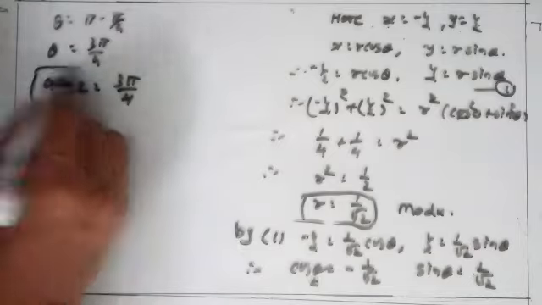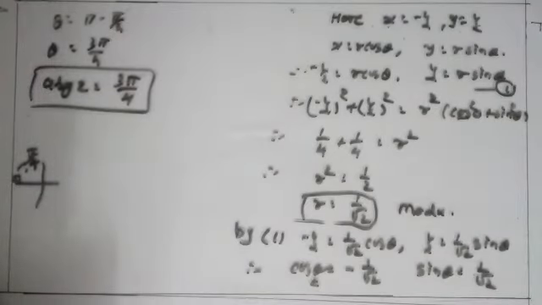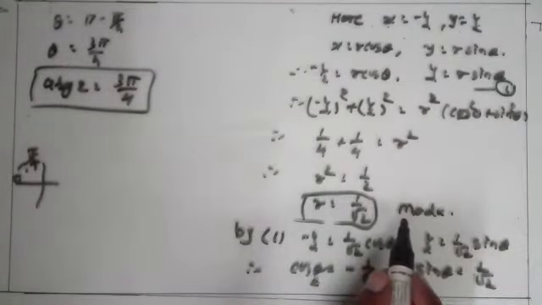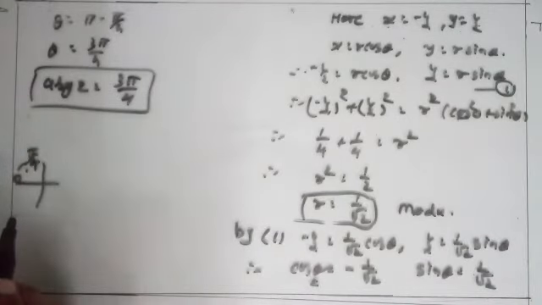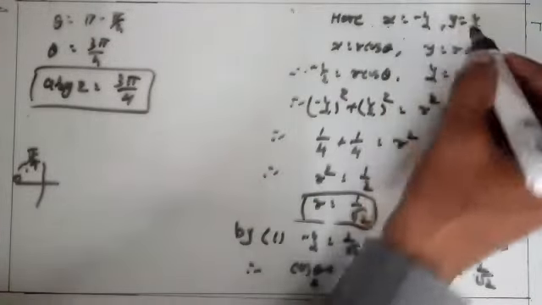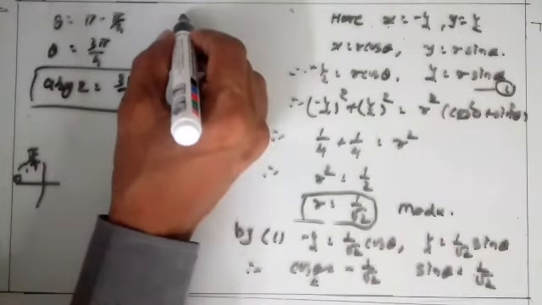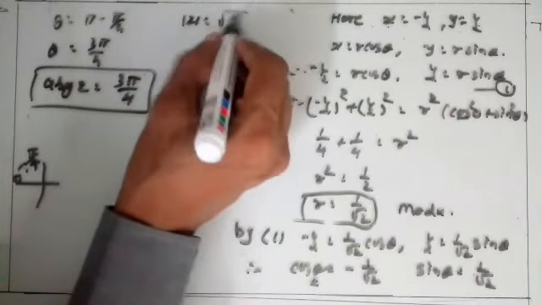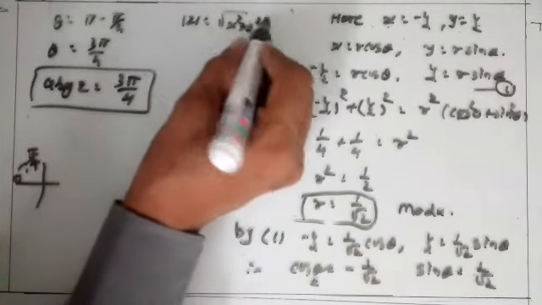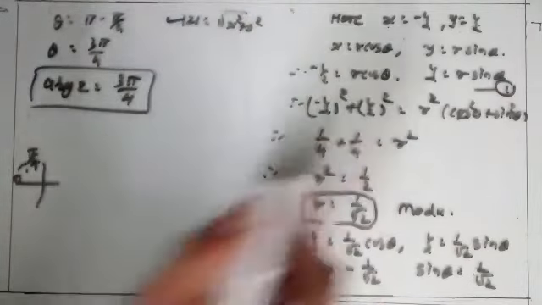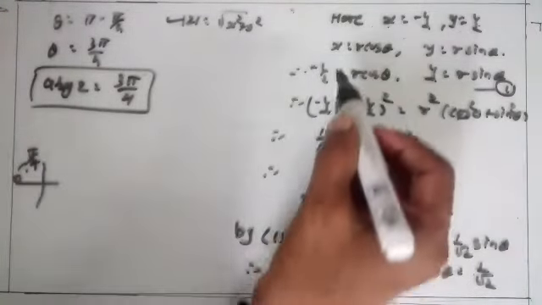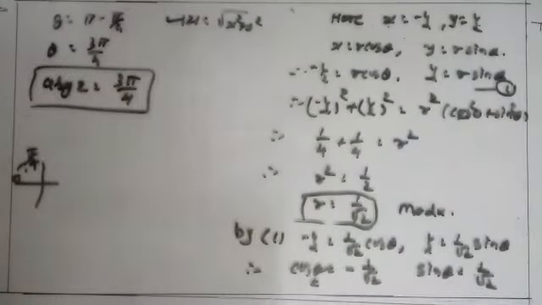Clear? So applying this method, we get the modulus of a complex number and the argument of a complex number. Modulus also we easily get, we know that mod of z is equal to root of x square plus y square. Applying this method also we get modulus, and x is equal to r cos theta, y is equal to r sin theta. Using the value of modulus r, we get the argument of z. Okay.